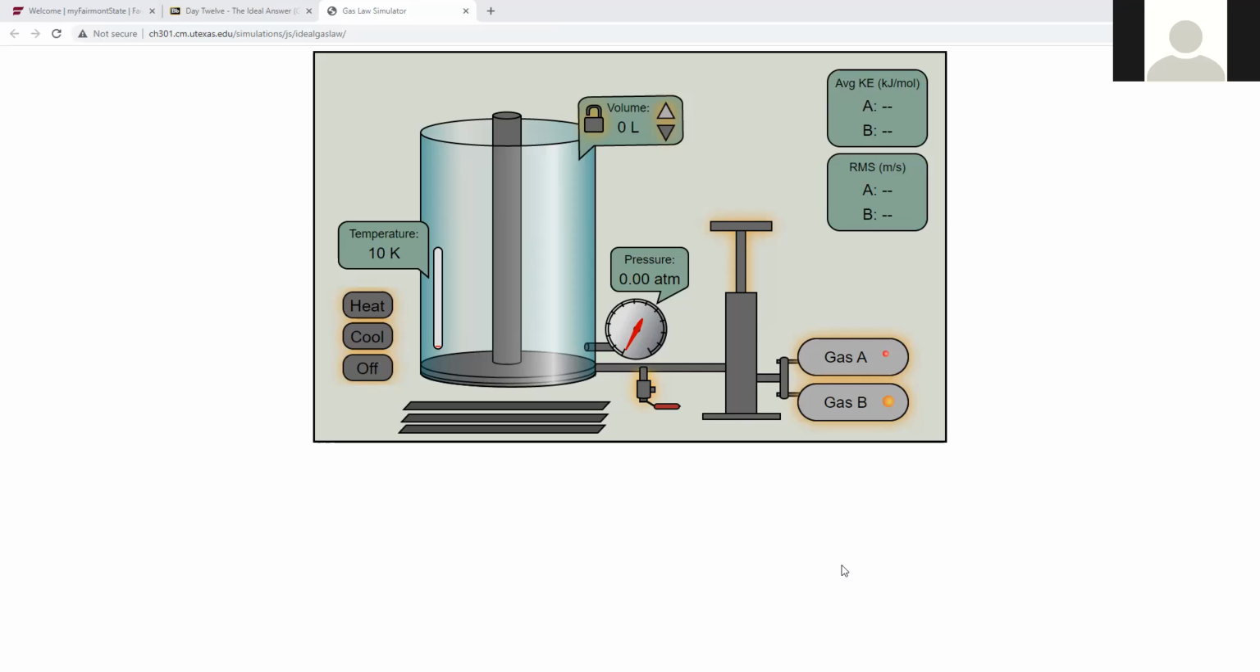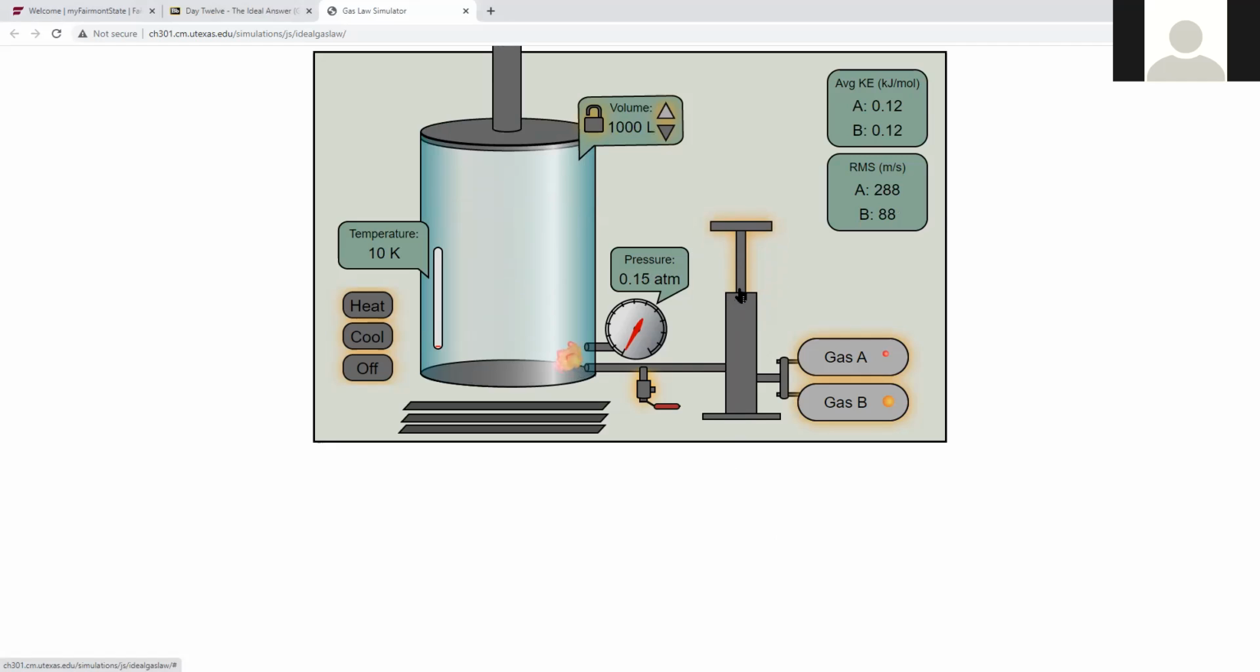The first thing I want us to look at is pressure and temperature. So right now we have a pressure of 0 atmospheres because I haven't put any gas in this thing. So I'm going to put some gas in there. Come on, a little bit more. And of course, it always tells me I reached my limit. All right. So now that I have some gas particles in there, we have a temperature of 10 degrees Kelvin,